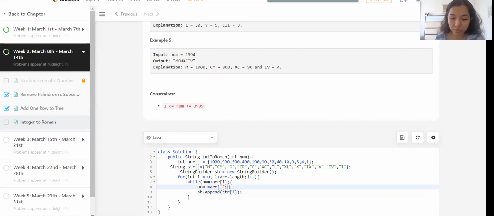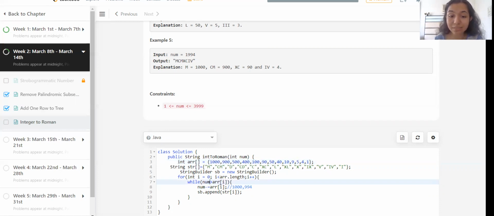So after removing 1000, we have 994. Let's understand how 994 is represented further. Again, num is not greater than arr[i] if i is 0, so we'll move ahead. i is incremented, so i is 1 now, and the value of arr[i] is 900.